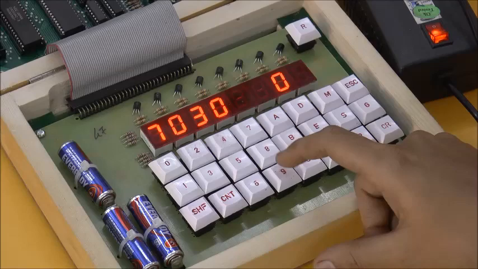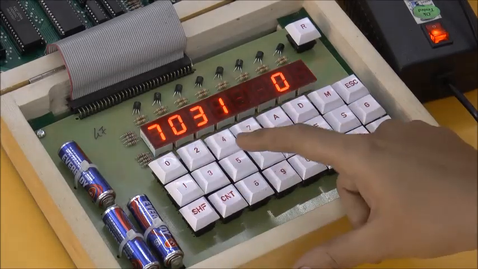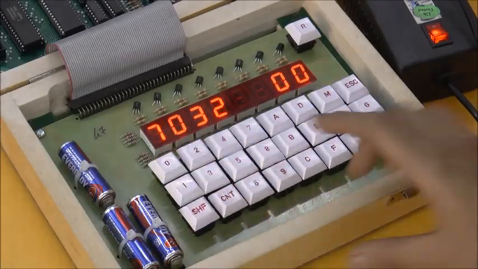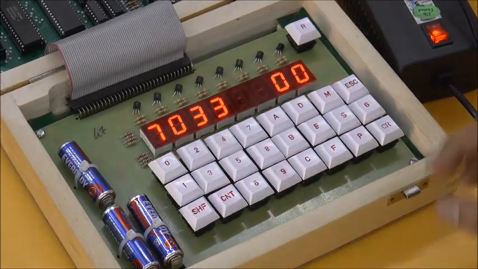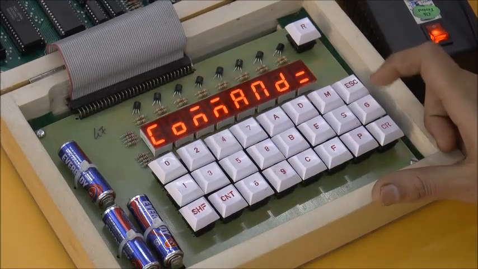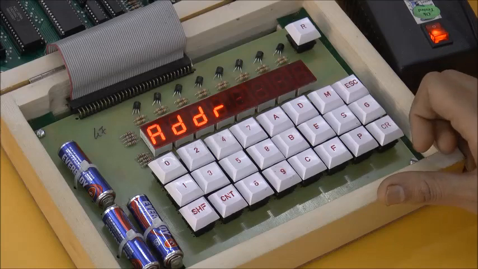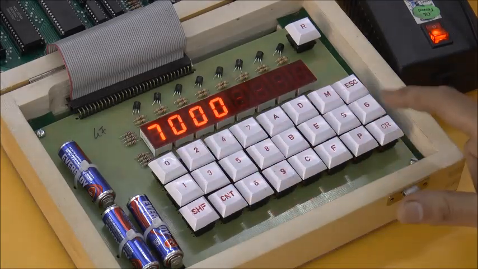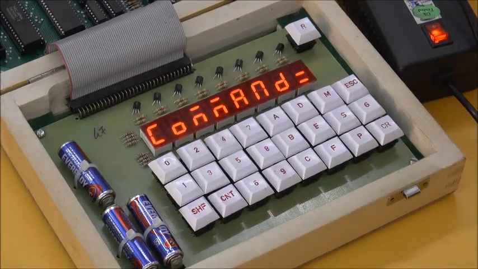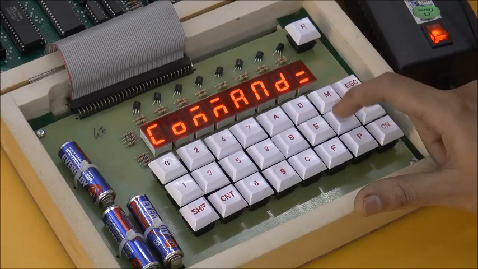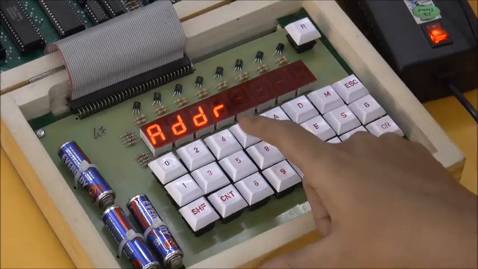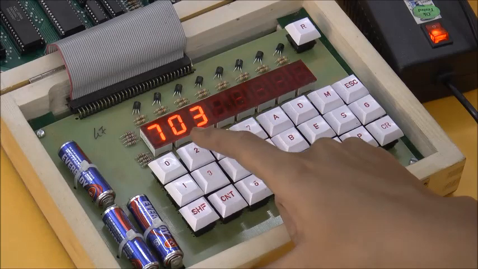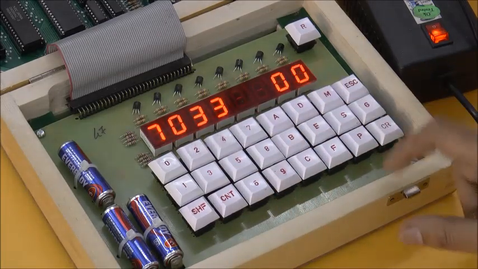First we take 09 data, another is 05, and the output content is 00. This time for execution, accept CR. The microprocessor asks for the starting address of the program, 7000. Here is the command, which means our program is correct. Now accept SCR for the output: 7032 is 2D and 00. This completes the second program.